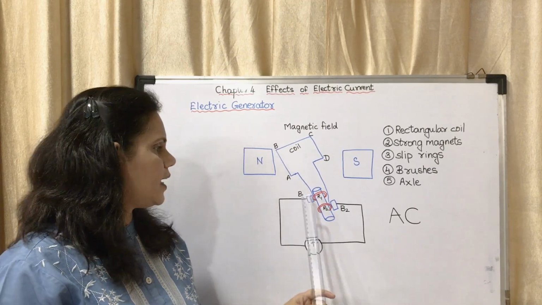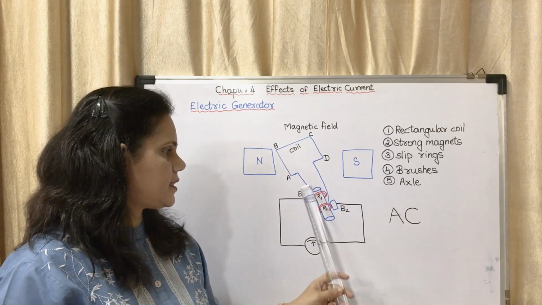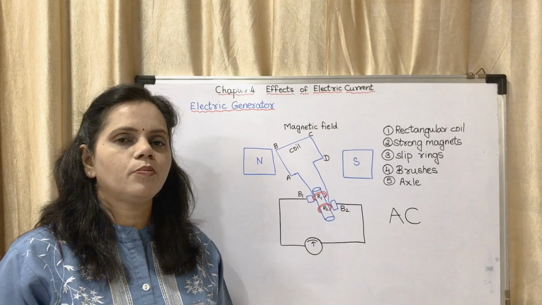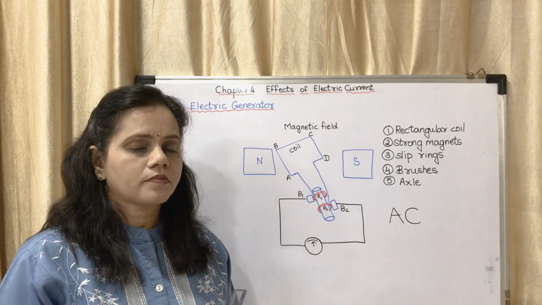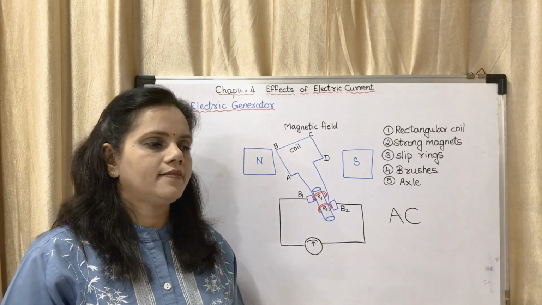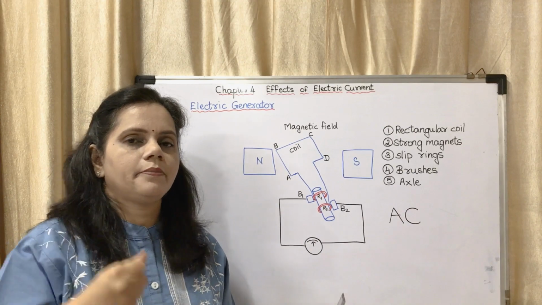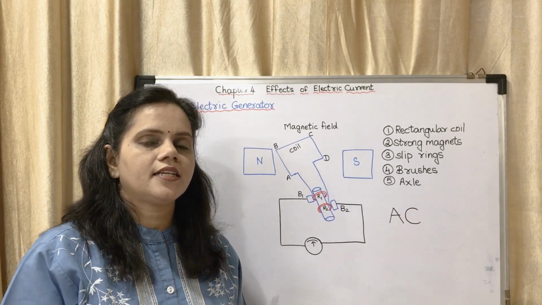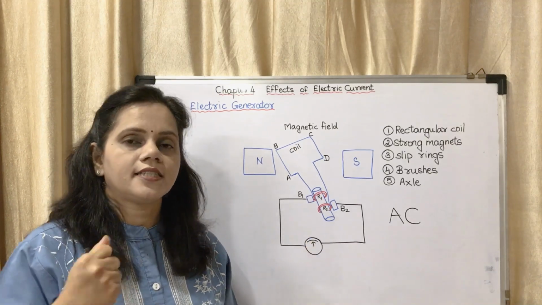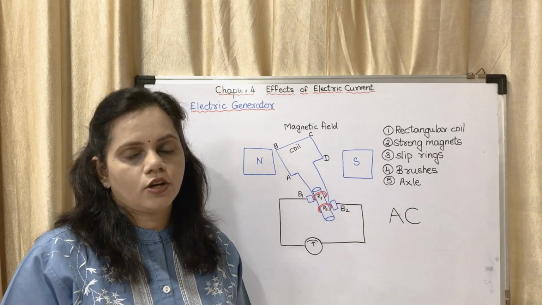Now what will happen? There are brushes, there is an axle. The part I have shown in blue will move. How does it move? In a normal generator, you might have seen people push it like this. So some mechanical energy is given. There is a mechanical device which makes it start to rotate, and an engine which makes it rotate continuously.